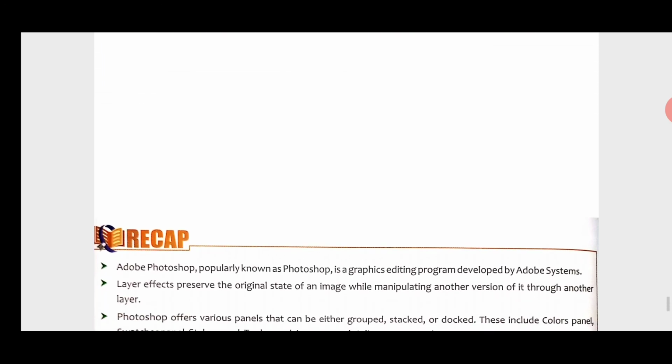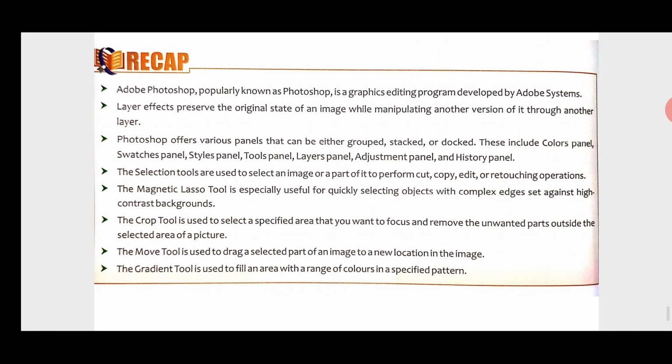So that's all for this session. Here we can see the recap of the portion. Adobe Photoshop, popularly known as Photoshop, is a graphic